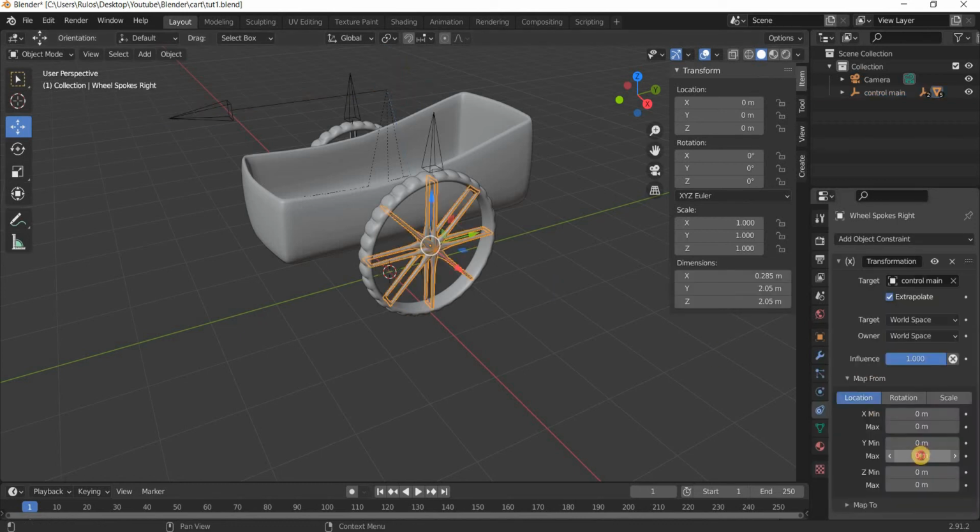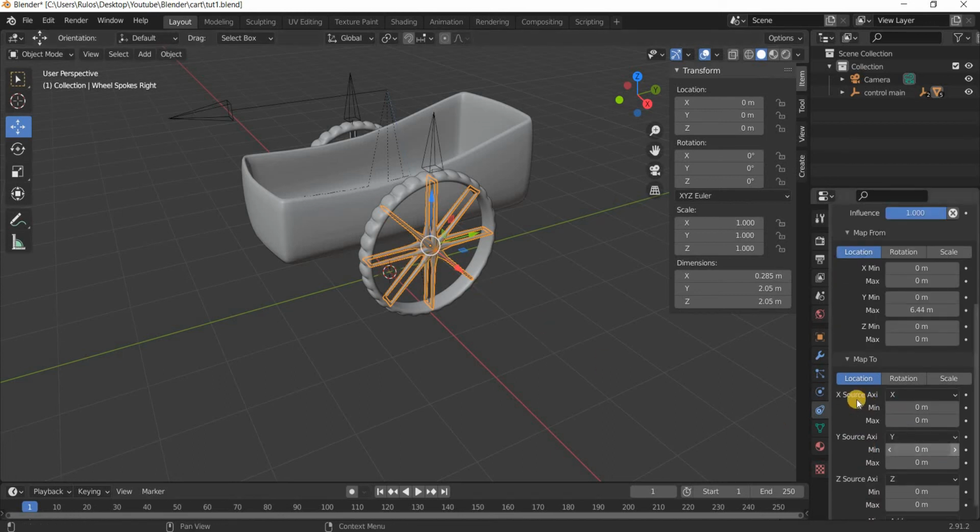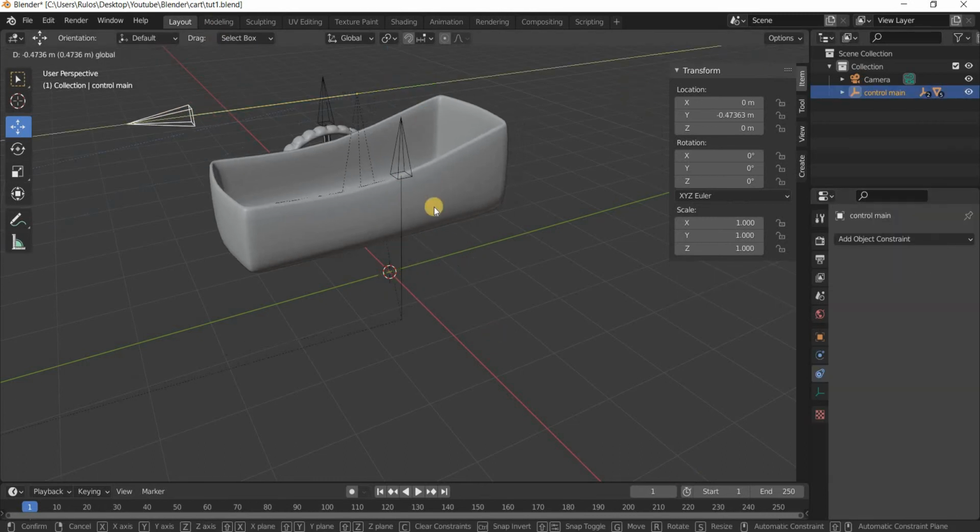So if we are moving this in y-axis 6.437, then the x-axis of this will be controlled by the y-axis of this object, and the rotation is going to be 360. So when I move this,